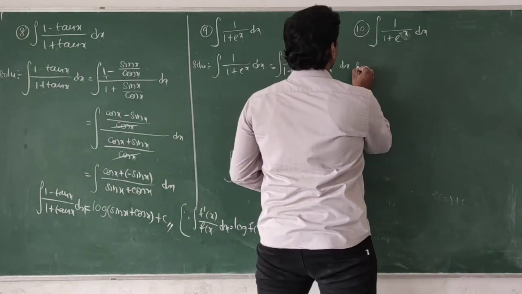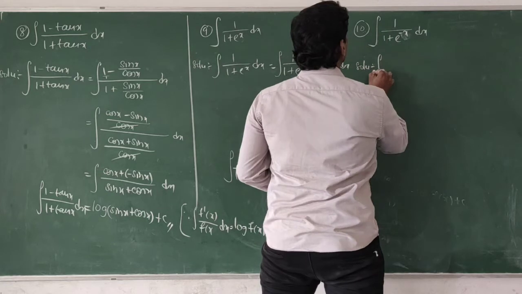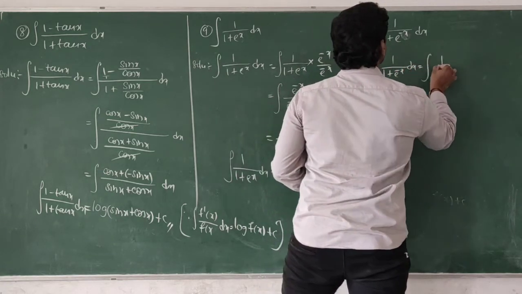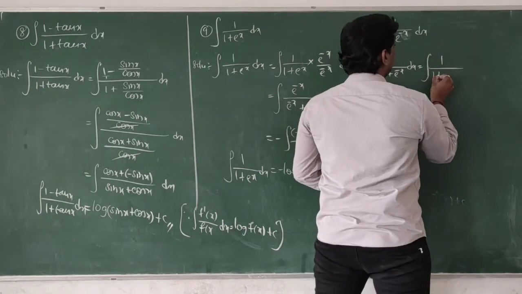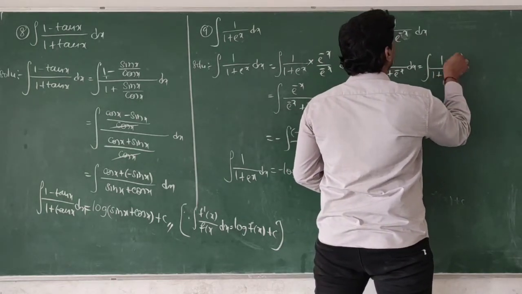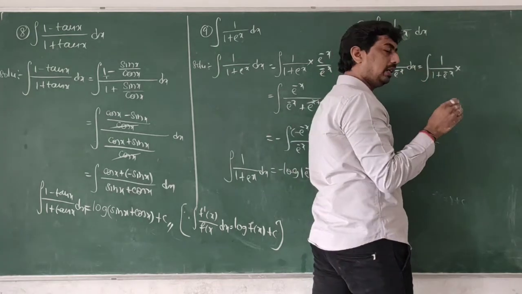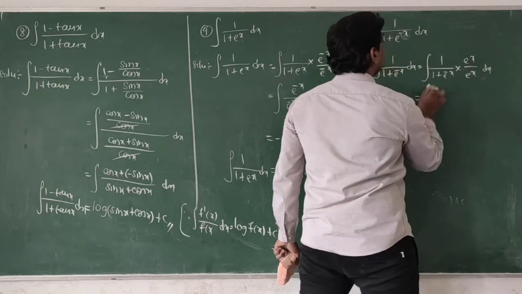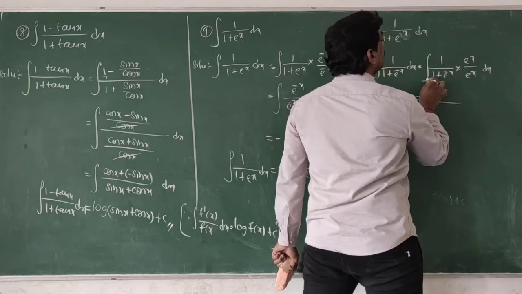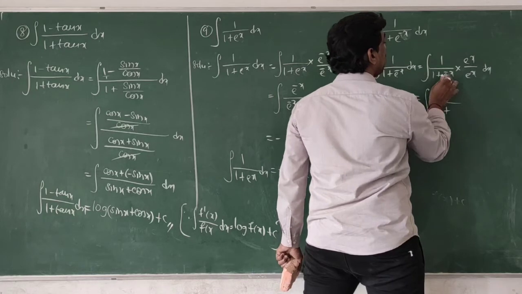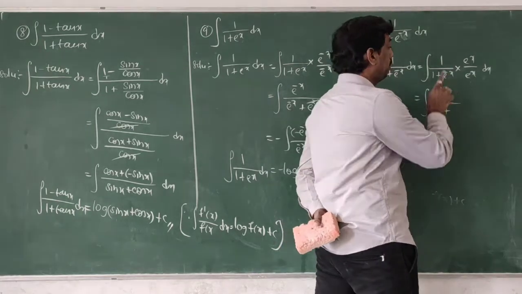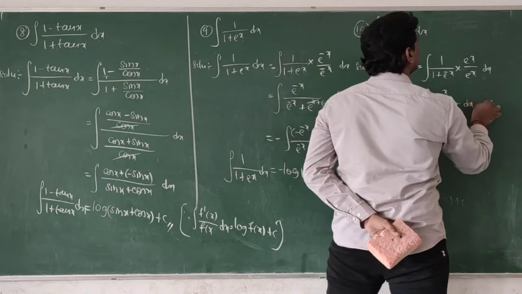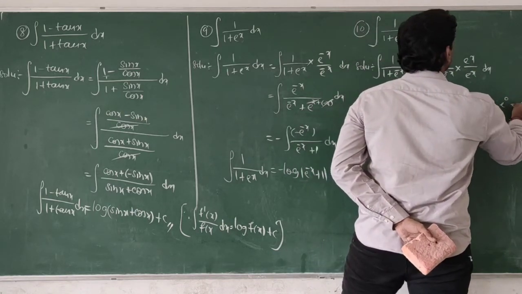Right. So in the solution, take the problem as is, integration of 1 by 1 plus e power minus x dx. To get the solution, multiply and divide with e power x, e power x by e power x into dx. So 1 into e power x, 1 into e power x plus e power minus x into e power x. Minus x plus x cancel to get e power 0, e power 0 equal to 1, since e power 0 equal to 1.